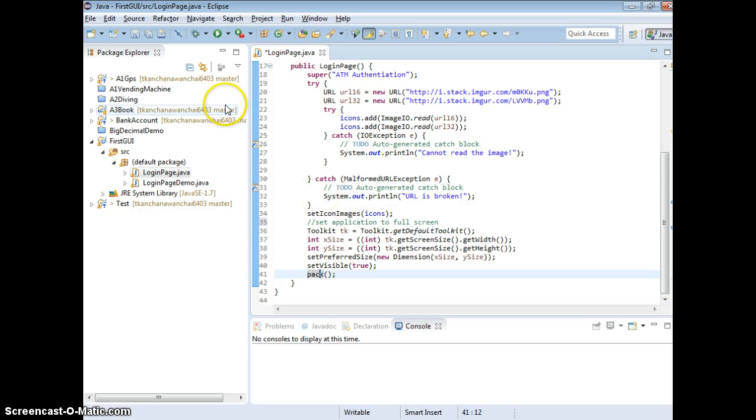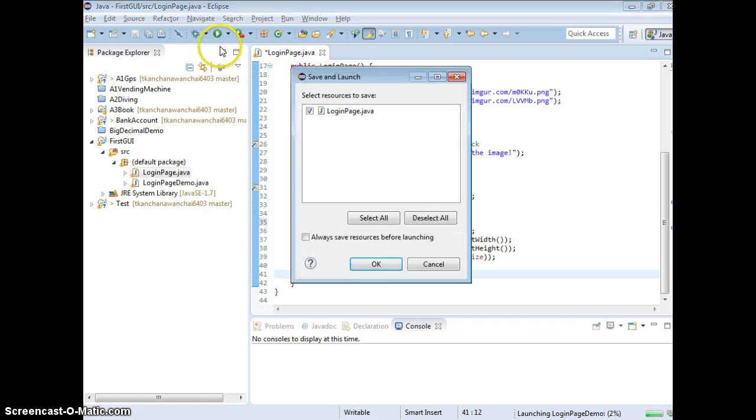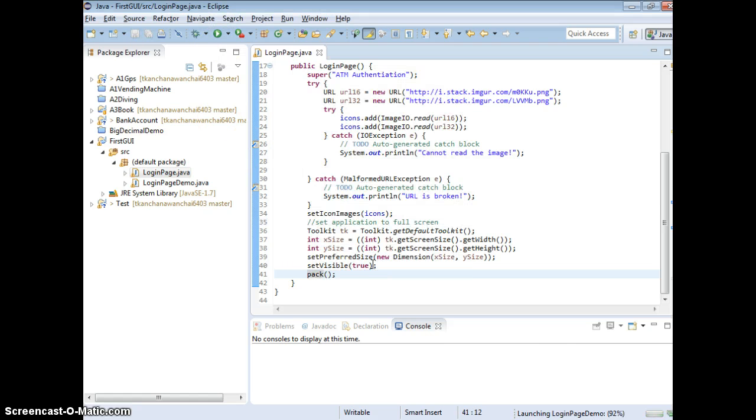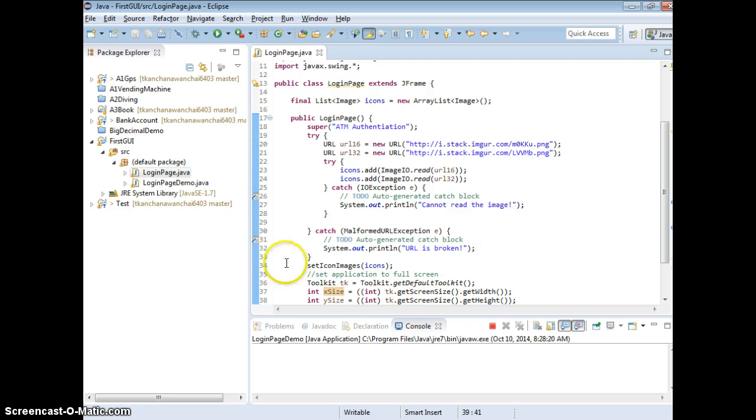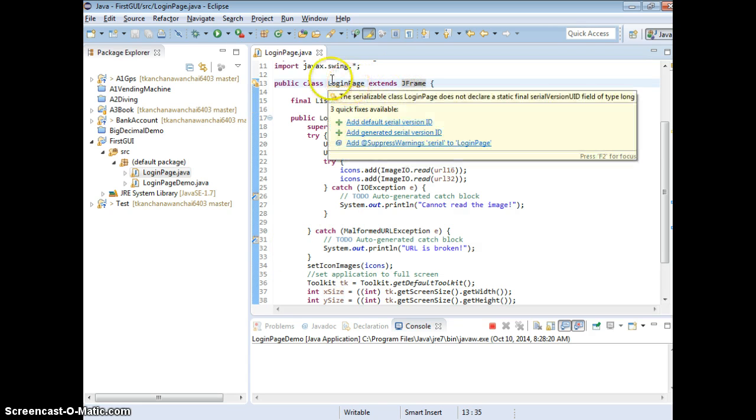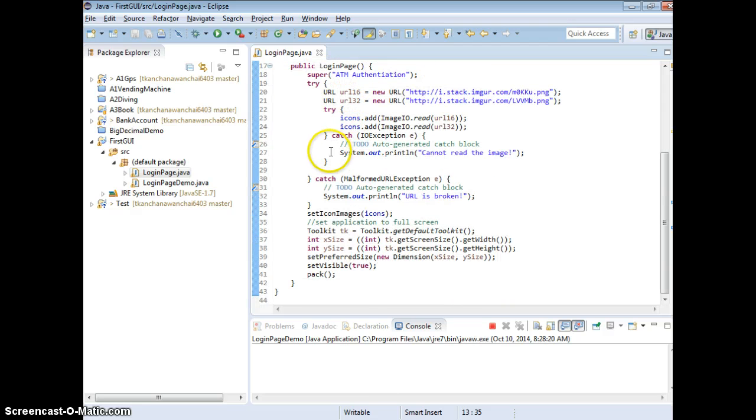Okay, let's run, and then we can see what we have here so far. So we have the image, we have the ATM authentication as the title, and it's full screen. So we're making a simple JFrame here. We use extends JFrame, that means login page is a JFrame. Now, next,